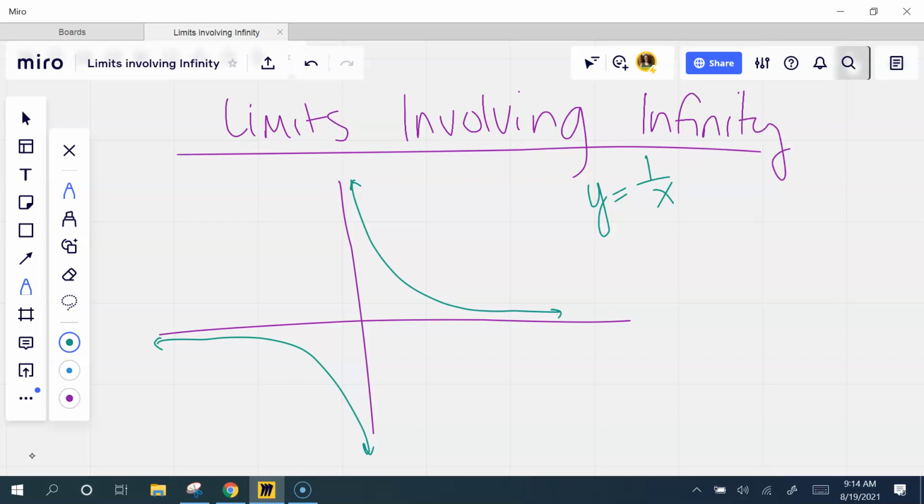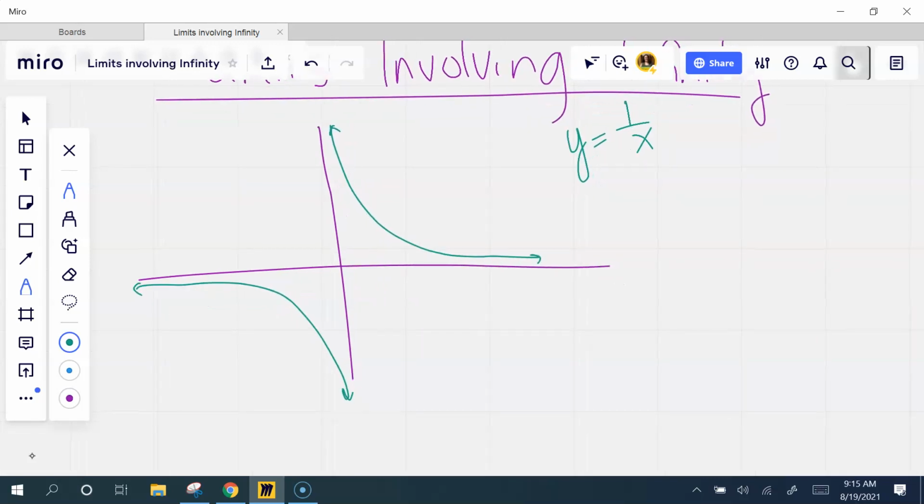So we're talking about limits involving infinity, and I've kind of touched on it, but we're going to use this for some definitions here in just a second. So I want you to think about this for just a second. Looking at this graph, and I'm going to call this f of x instead of y. I'm going to keep referencing this graph because this is a great graph for us to define some things because it has everything we need. Looking here, what is the limit as x approaches infinity on this graph?